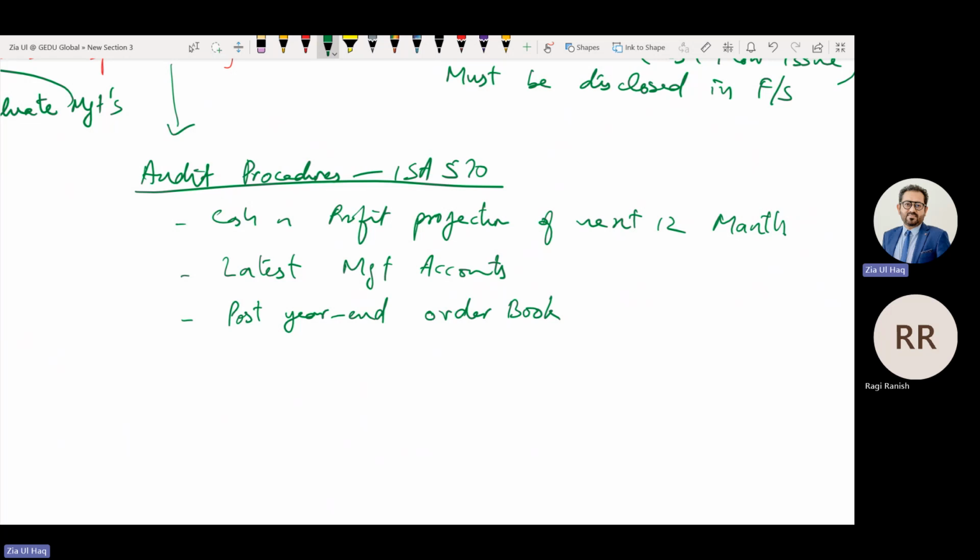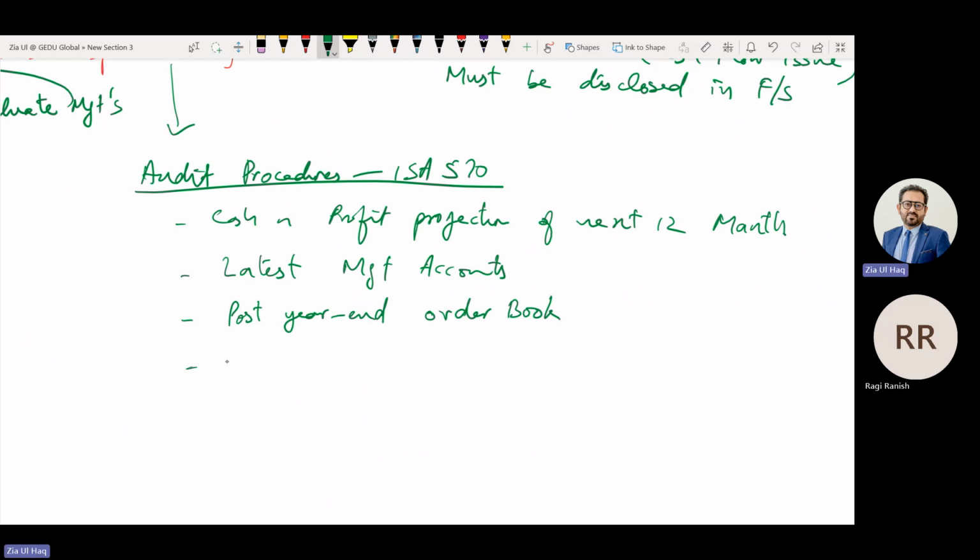If in the post year end period, meaning in our final audit period, the company is not receiving bigger orders from customers and there are no contracts with customers, this means this issue will not resolve, meaning the company has a going concern issue. If management says, we are negotiating with the bank, they will support us, we are in the process of a loan approval, we can resolve our issue, then we should confirm from the bank how much chance there is of the loan approval. Maybe the bank will say, how can we approve a loan for this kind of company?